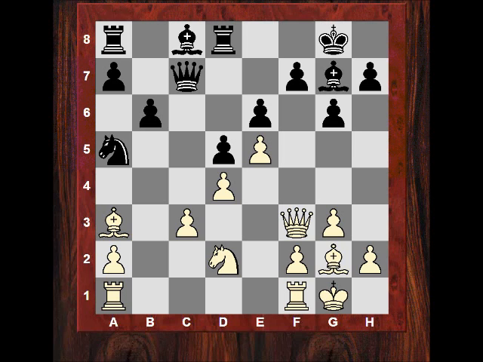Interesting. It's clearly black's lockdown on the c-file, and c4 looks quite unpleasant here, potentially strategically. Bishop a6 also emphasises light squares, and c4 again. The rook moves, it's attacked as well, rook ac8. So you might think, well, isn't black quite comfortable here? In fact, Kramnik